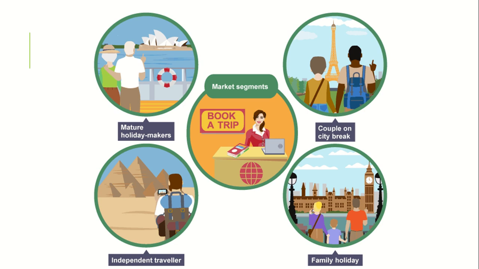So, for example, here's another one of age. You've maybe got mature holiday makers, maybe like Saga Cruises or something that only target 60 plus. So that's very much dependent on age. It could be a young couple on a city break, or it could be a young family holiday, people with young families. Maybe different needs from these other two groups here. As well as this, it could be an independent traveller. That could be you on your gap year when you're a wee bit older. This is the same company, same travel agent, but they're catering for different markets, offering different products to them.